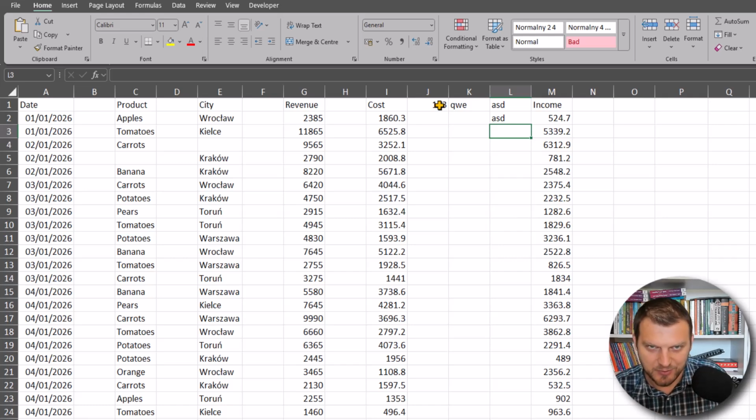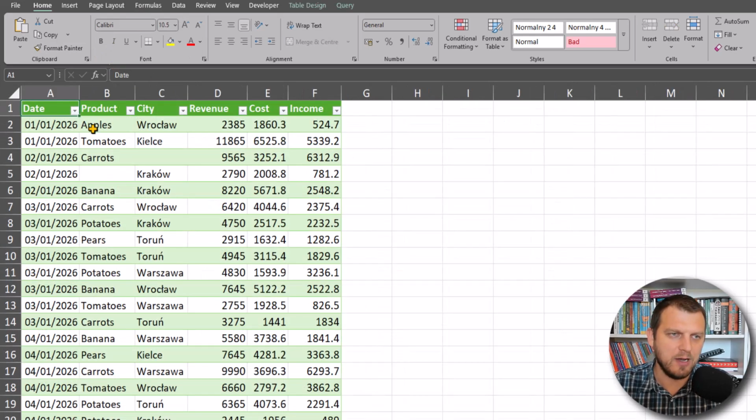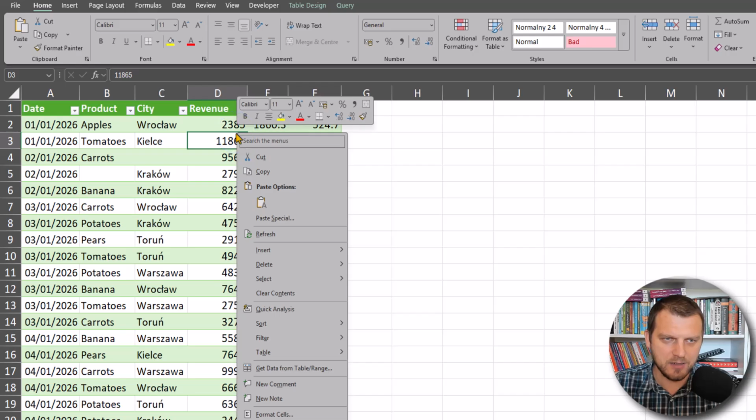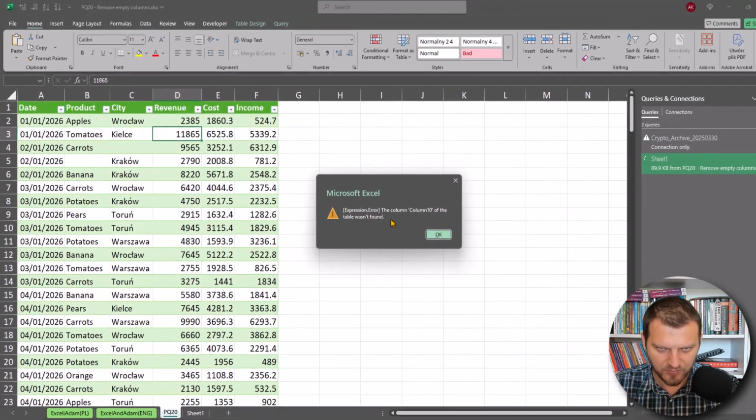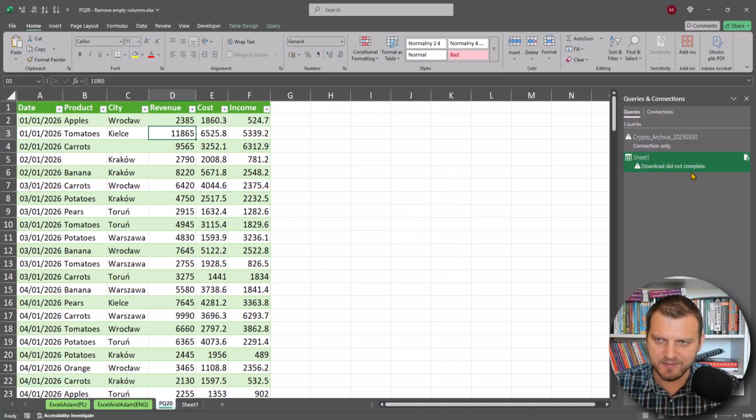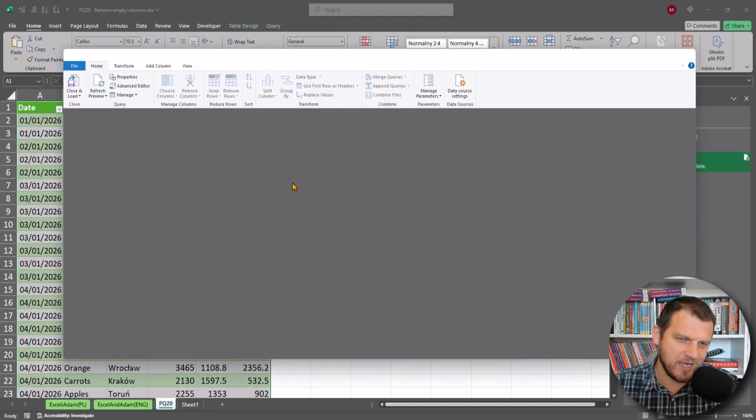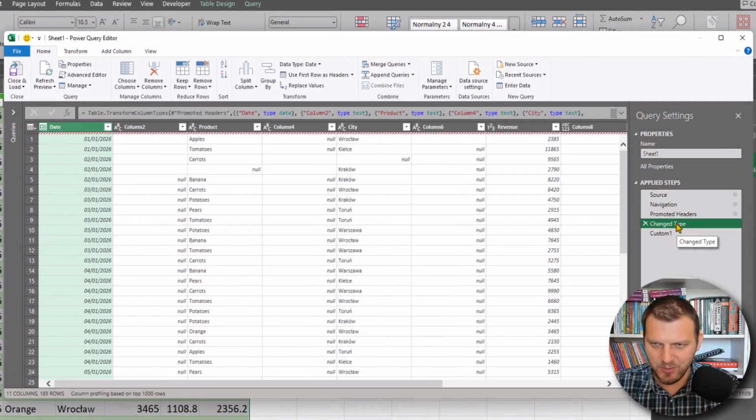And remember to Control S this time, and we can go back to our table and refresh it. But I will need one more change in our example, because our change type step refers to columns that don't exist right now. So the easiest solution is to just delete this step, and then